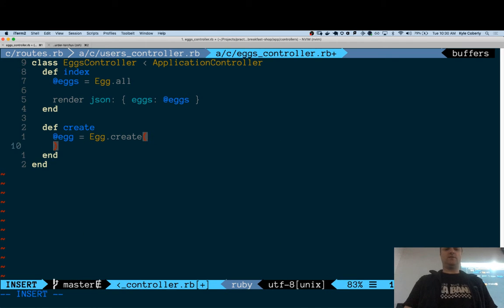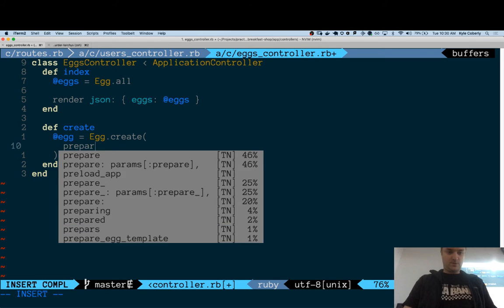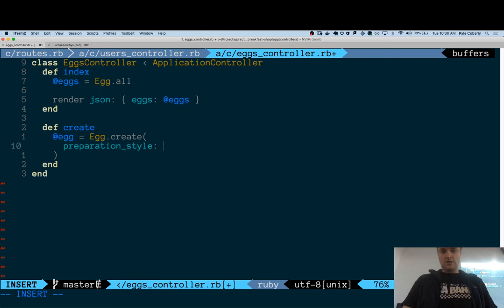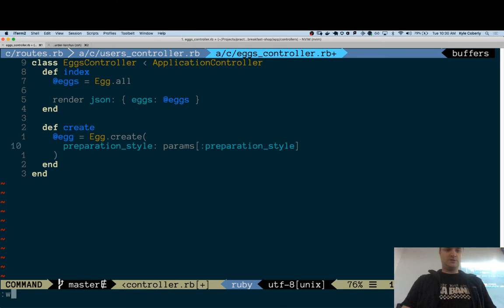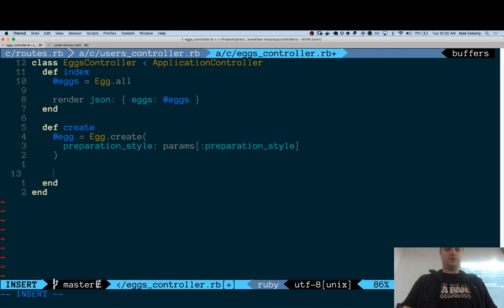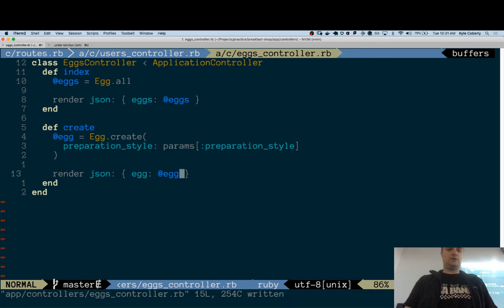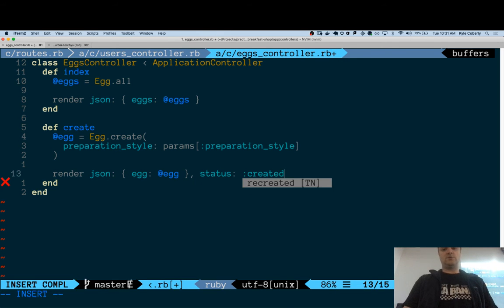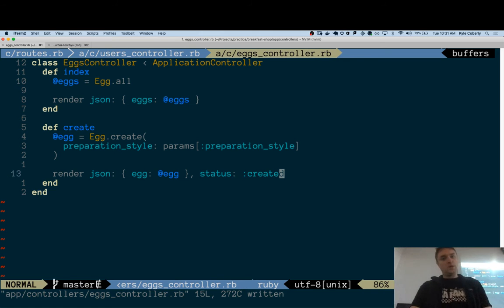I'm going to say eggs have a preparation style. Preparation style, params, preparation style. And then I render JSON. Egg is egg and status is created. Cool. And then my